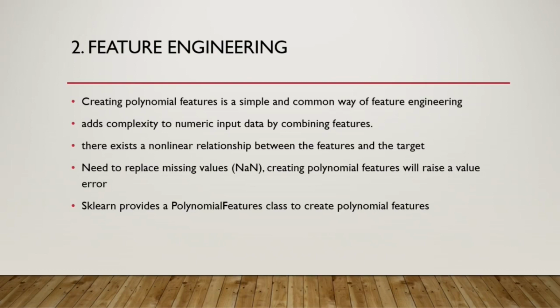So instead of connecting them with other features in a linear fashion, I can combine them, like suppose f1 and f2, multiplication of f1 and f2, or multiplication of f1, f2, f3. So this way, when combining these features, I generate a new set of features where there is a non-linear relationship.